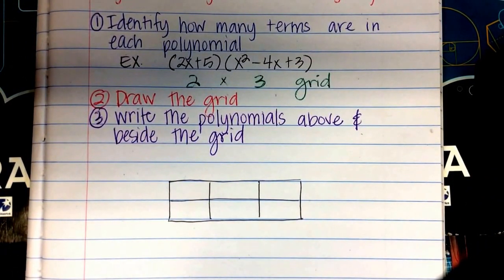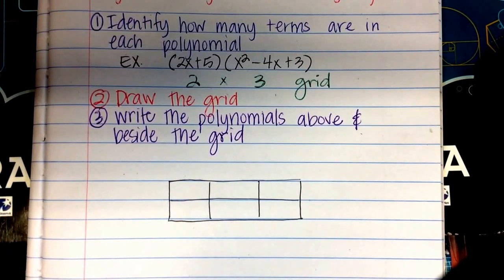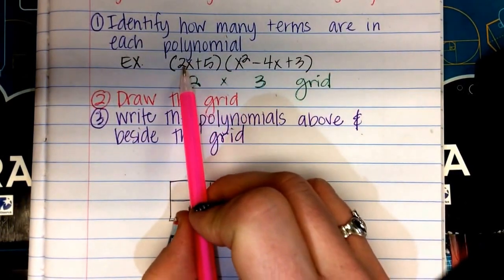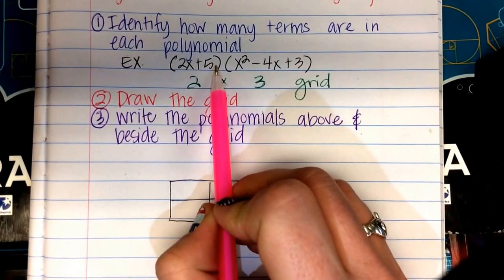I wonder what that means. Write the polynomials above and beside the grid. Corbin, what do you think? For the binomial, you put one term in one row, and the next one for the next row, and then you do the same thing for the column. Perfect. Corbin said for the binomial 2x plus 5, you're going to put one term,